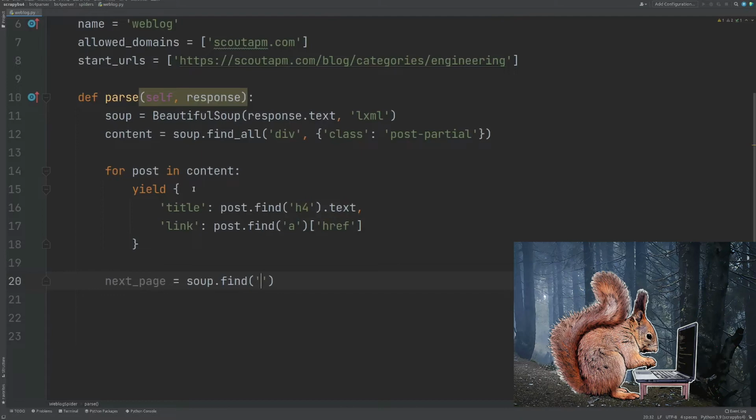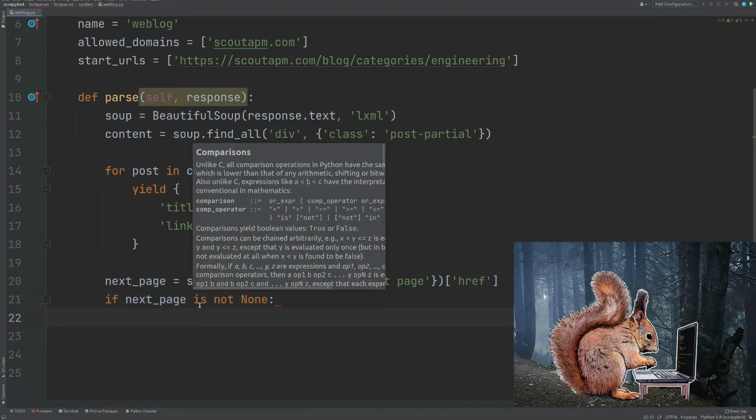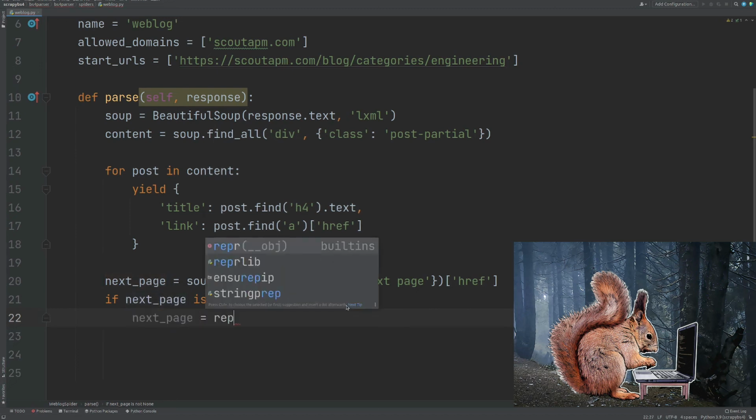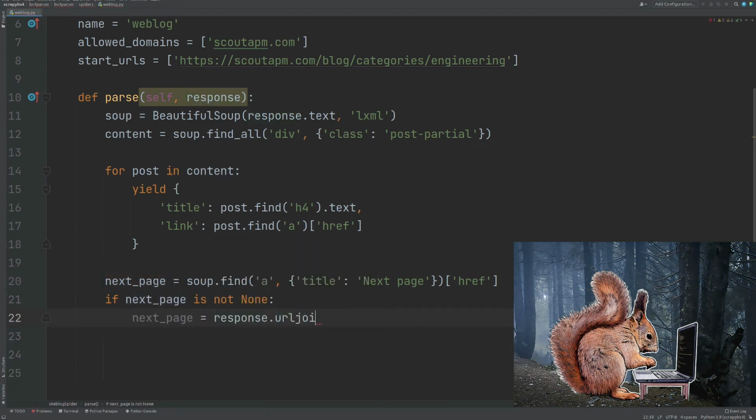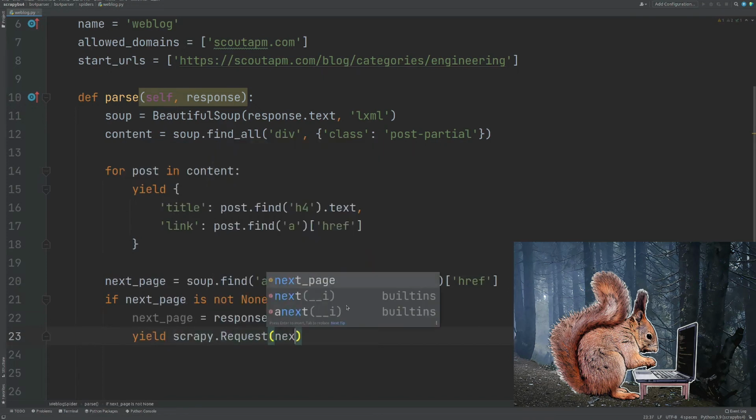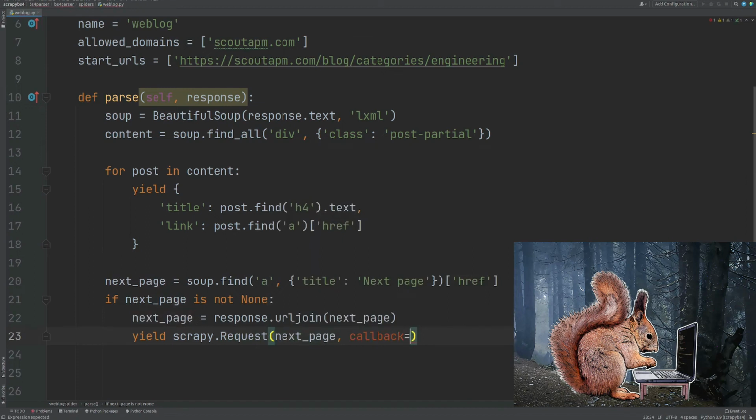So we're again using our soup selectors, and we're indexing the whole of the soup in this case, not just the little parts that we were after before. It was an a tag, and we'll say that we want to find the title, because that was part of the selector, called next page. And again, we want the href. So we can say, if next page is not None, so that means if there is something found here, we can then do next page equals response.urljoin, so we create a full, complete URL for the next page. And then we'll yield out scrapy.Request, our next page link, and the callback is equal to